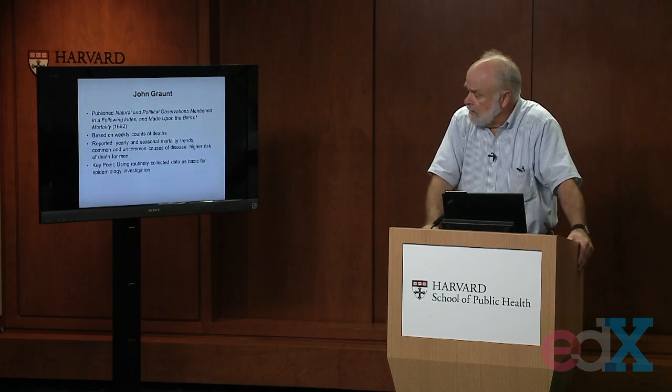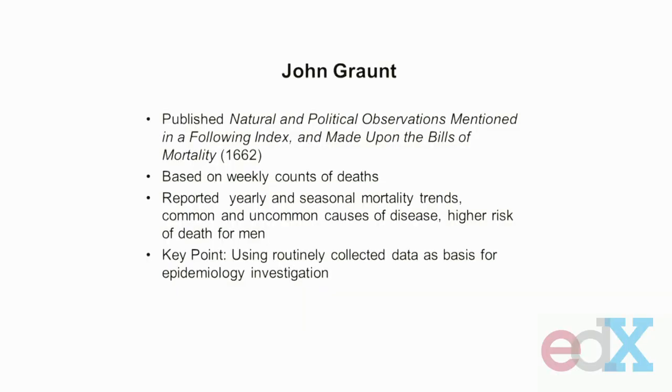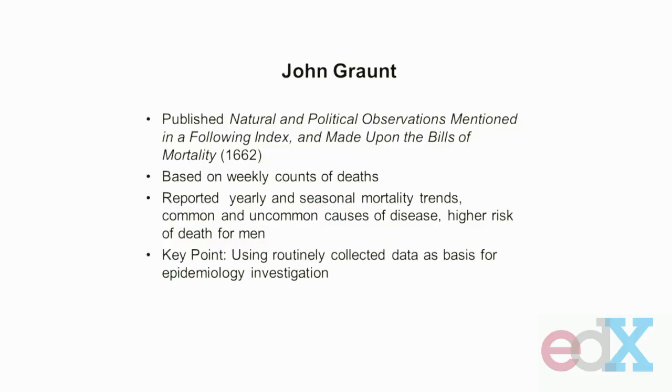British investigator by the name of John Graunt, who published the following writing, "The Natural and Political Observations mentioned in a following index and made upon the bills of mortality." The bills of mortality were routinely collected and reported results of who was dying and what they died of. John Graunt used those weekly counts of death to look at associations between characteristics of people and their causes of